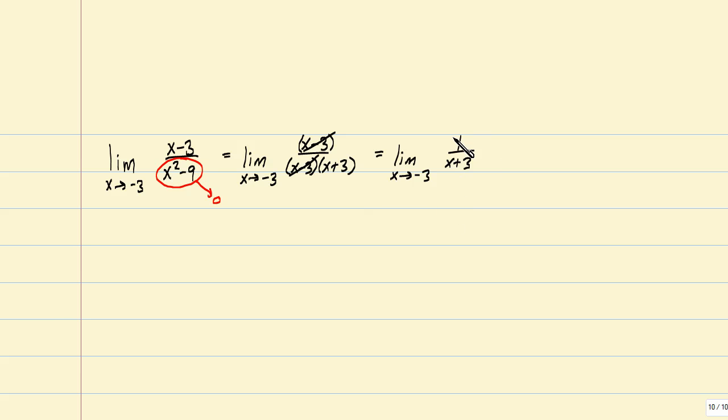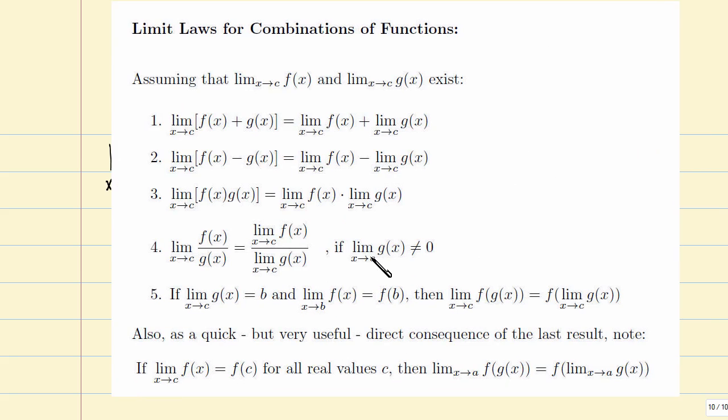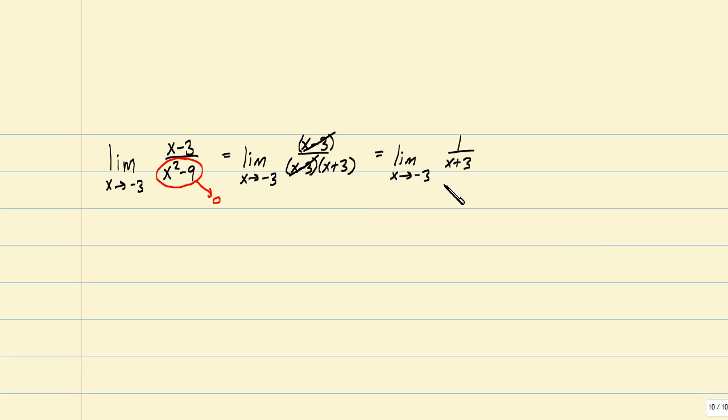Here again, we have a limit of a quotient. Maybe it's time to pull this limit law out of mothballs here and apply it. Again, we need to make sure the denominator does not go to 0 if we're going to do that. So what happens to this new denominator? Well, same story really. This is a polynomial. I can find its limiting behavior as x approaches negative 3 just by plugging in x equals negative 3. Negative 3 plus 3, of course, goes to 0. And the numerator, by the way, is just always 1. So in the limit it would go to 1 as well,